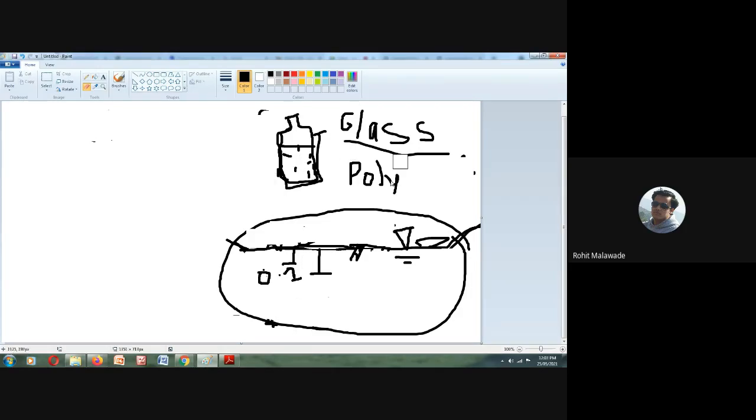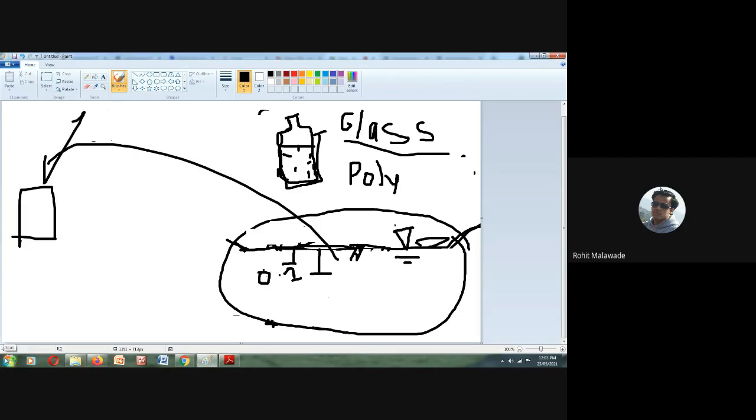Whatever water you have collected should be tested, right? You take the bottle and come to the laboratory in order to test.